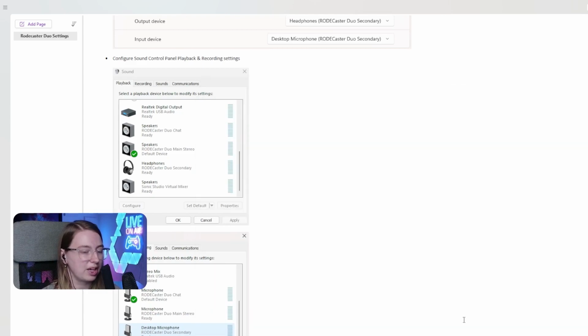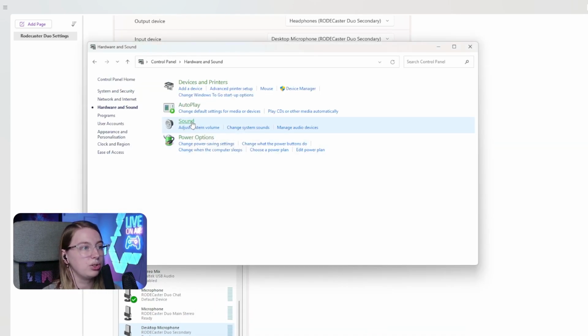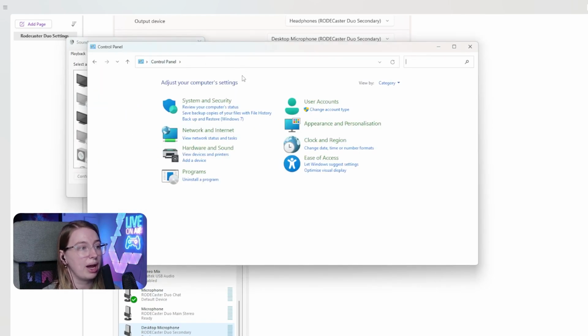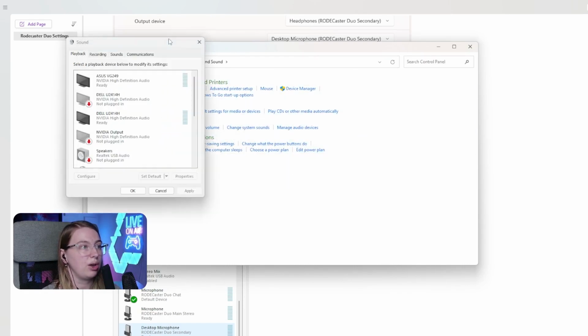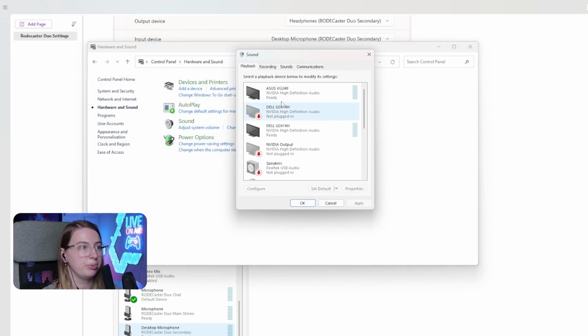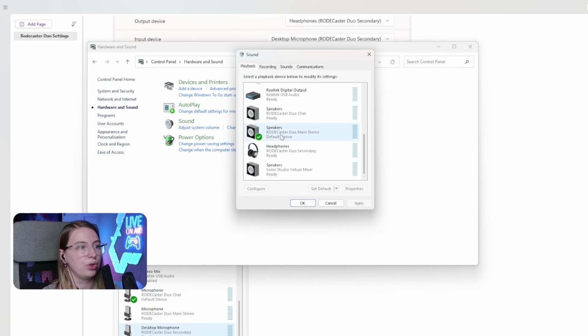There's probably some fancy shortcut way of doing it, but that's the way that I do it. And then you can just go into Sound from the Control Panel. You need to go into Hardware and Sound, and then click on the Sound menu, and that is when this will be brought up. So for playback, you're going to want to make sure that your Rodecaster Duo main stereo is what is set